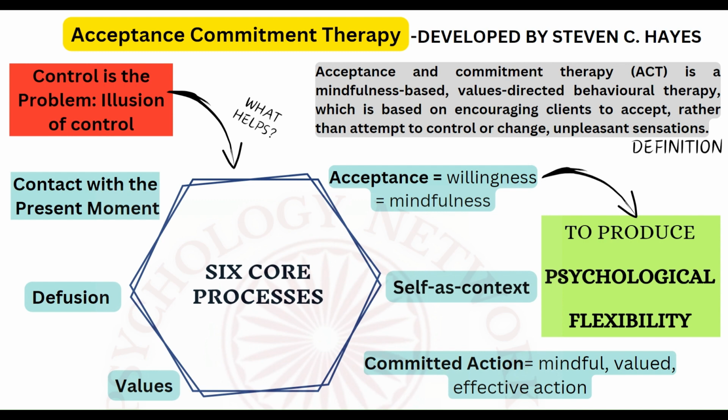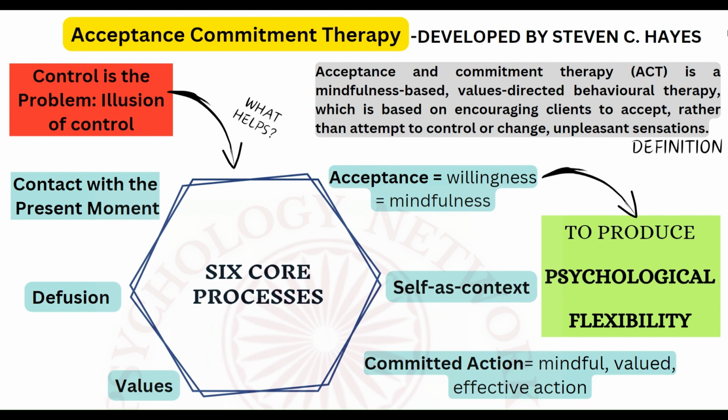So if control is the problem, how is ACT helping? ACT has a few core processes, mainly six, which is contact with the present moment, which means to let the moment be, not to control them. Diffusion, values, acceptance, self as a context, and committed action. When you're accepting of the present moment and you're mindful about it, then there can be action, how you can move ahead from that kind of situation. But controlling is not the way, because most of the time it's an illusion.